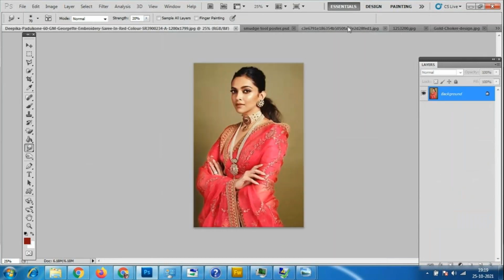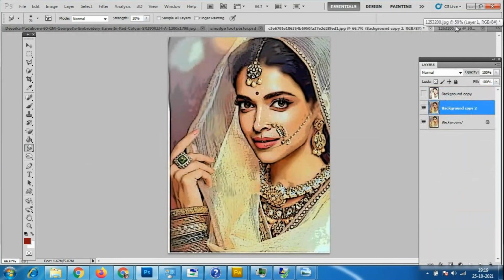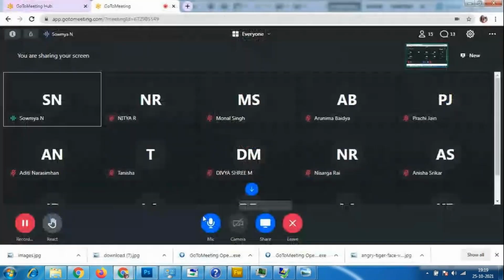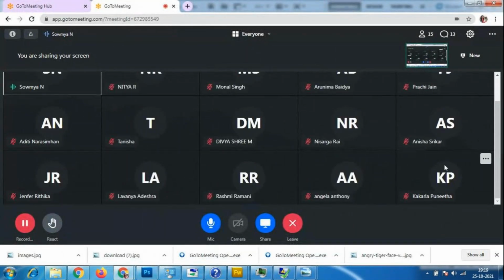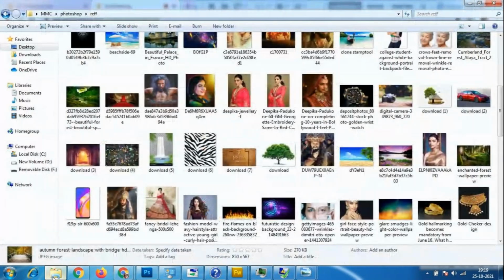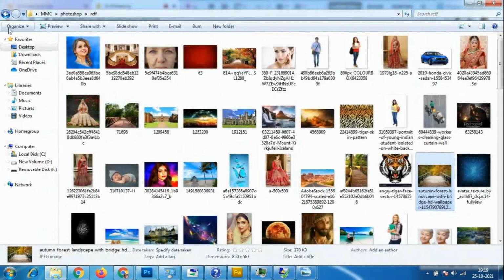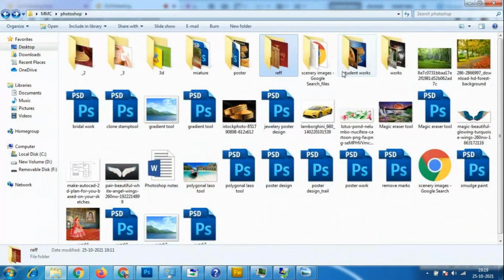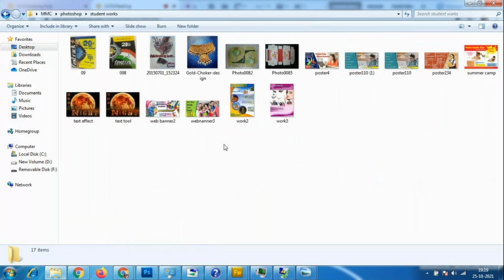Okay, so I want complete work like that from you people. Jennifer, you have already given this, right? So you can add some text for this only. You can add some text saying that a music video is going to be released, something like that. You can make advertisement designs with this only.